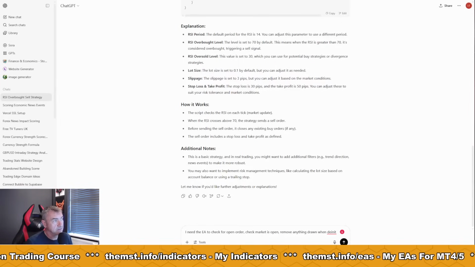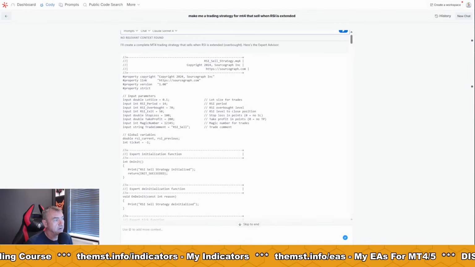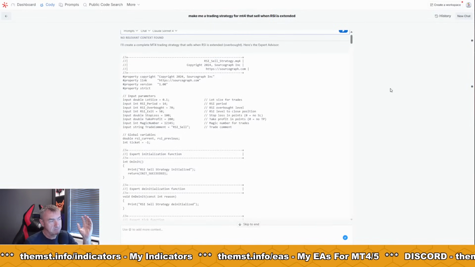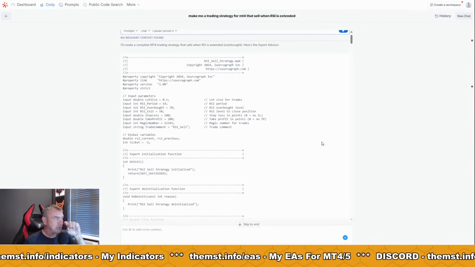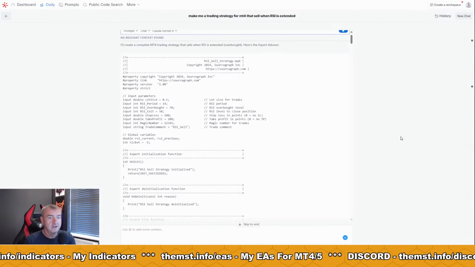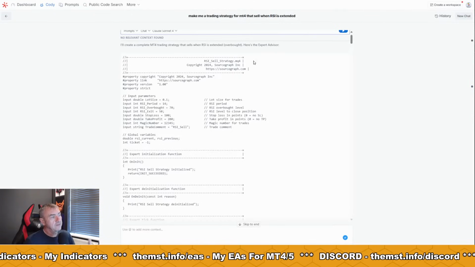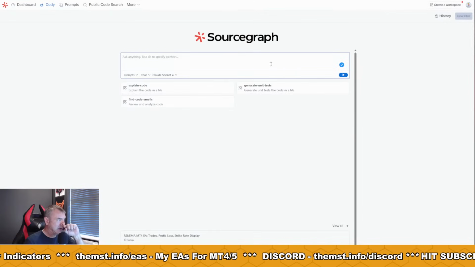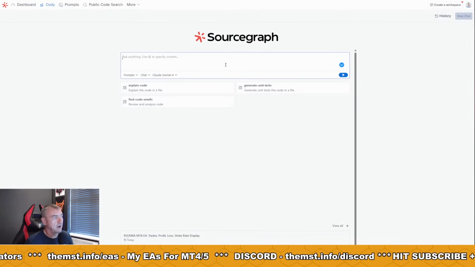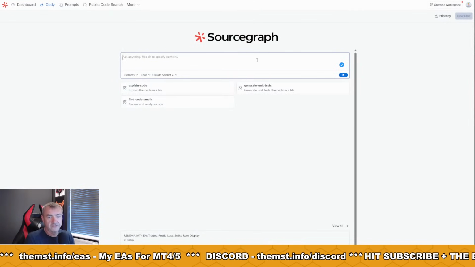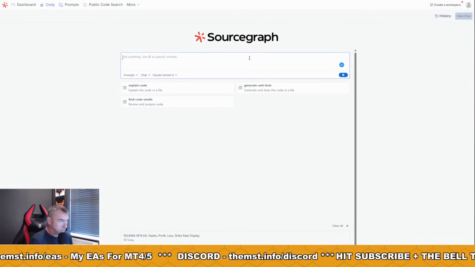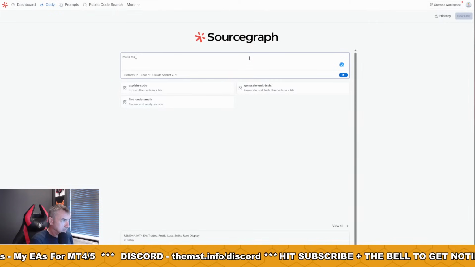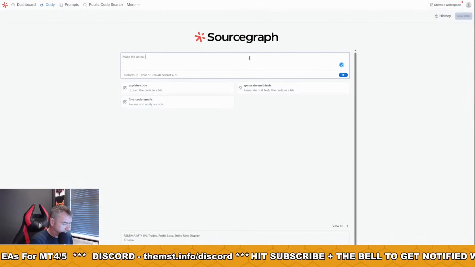So that's the main difference. 4.0 is a great GPT, but Claude is head and shoulders from a coding perspective. And when you get something like Cody who takes Claude and says, basically all these agentic AIs, as they call them, or these specialist AI sites are. So this is Cody. It's obviously for coding. What it does in the background, when you type in, make me an EA for MT4,